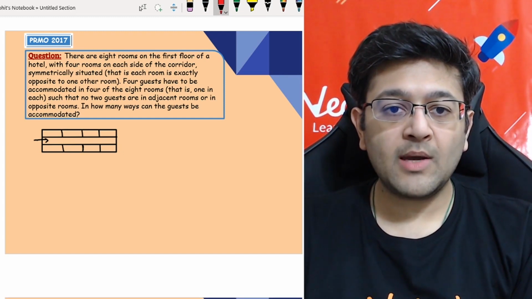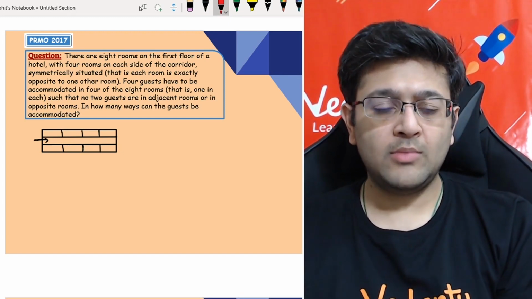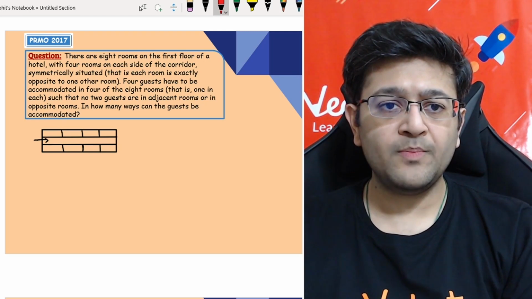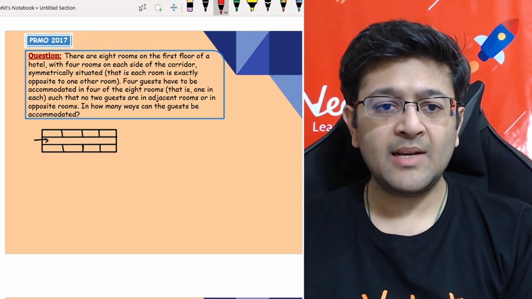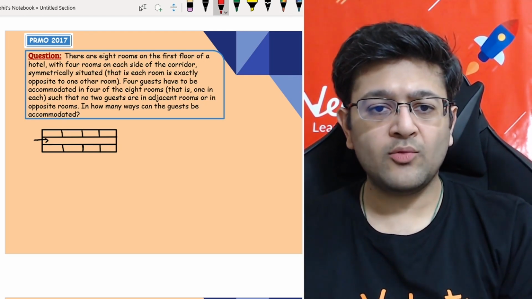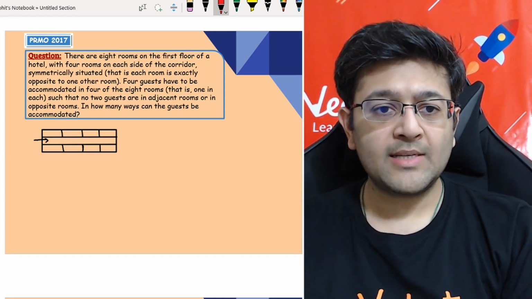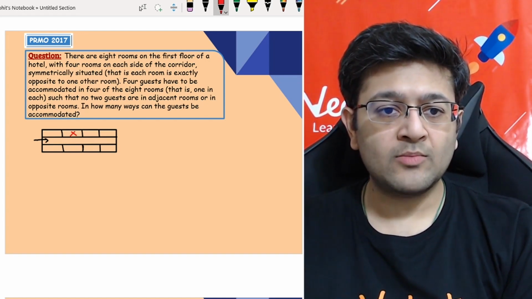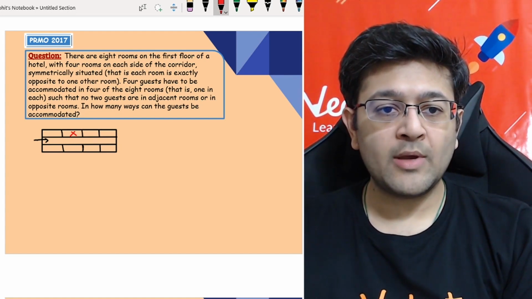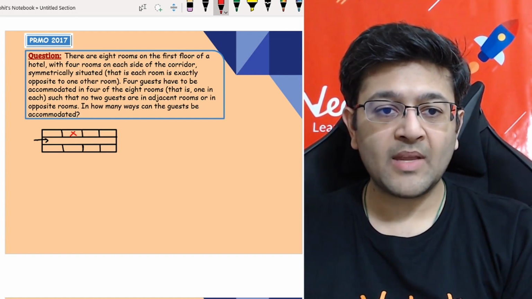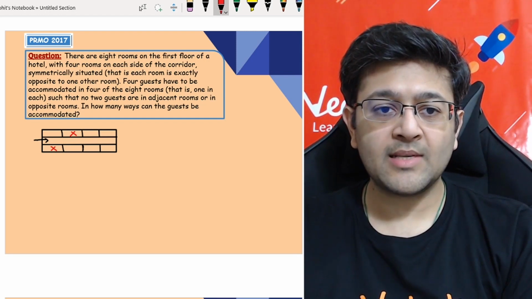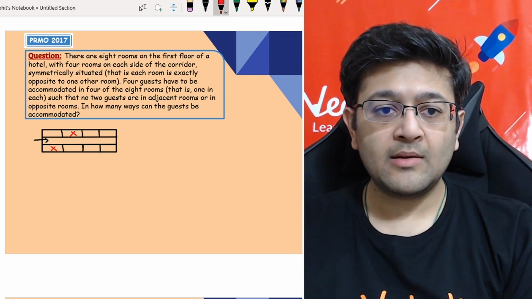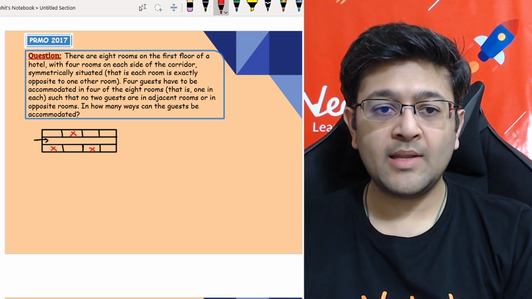So now if you think about any one way to allocate the rooms to the guests, let's start with any one of the rooms by giving it to some guest. Let's say I put a guest in this room. With this you can say these 2 cases are gone. I cannot place anyone adjacent to him nor opposite to it. So then I'll have this option, only this one on this side. And as you can see, now I can only place one here and one here, right?